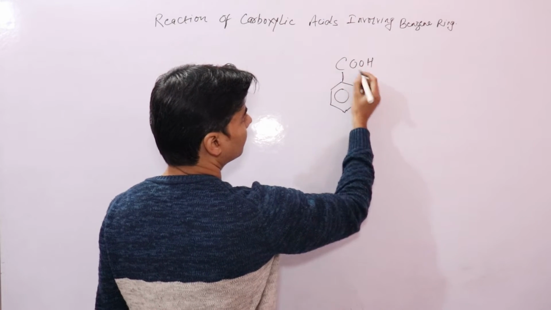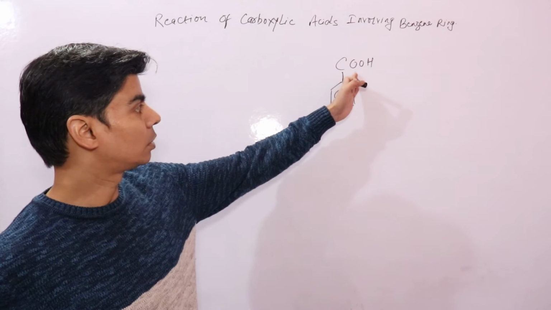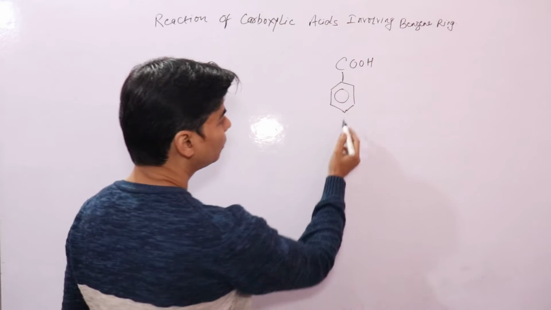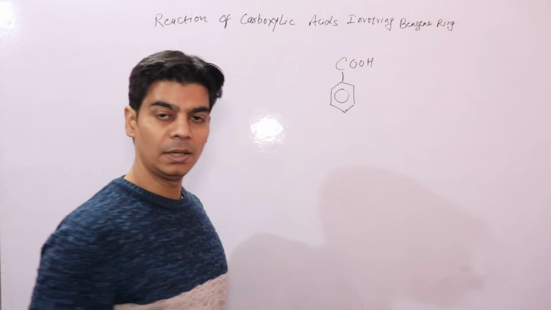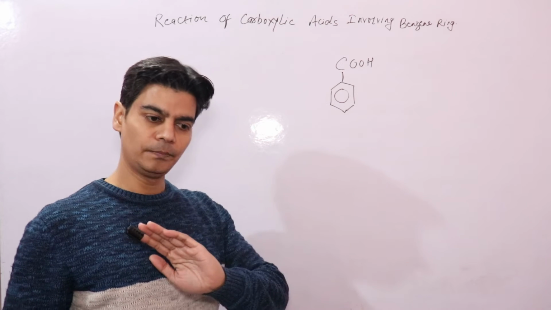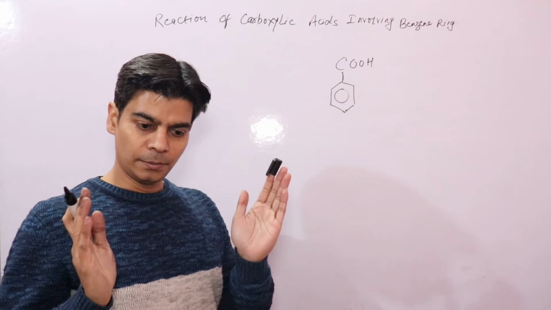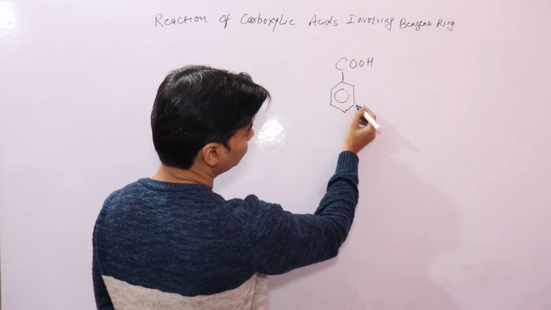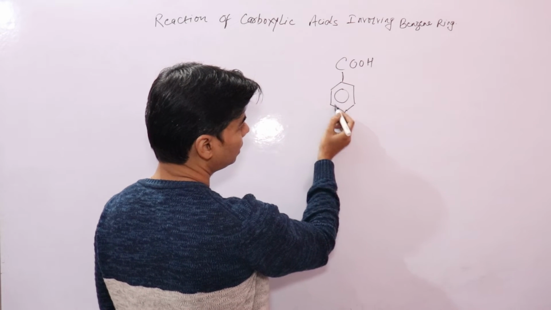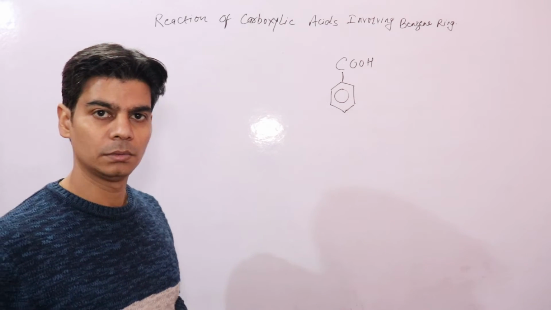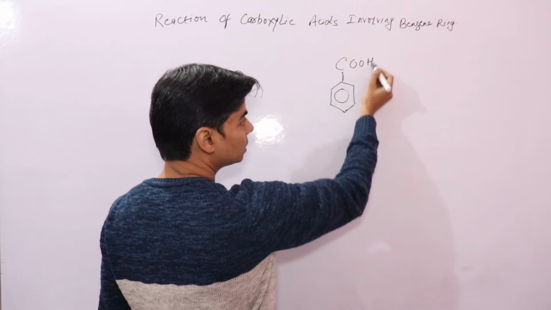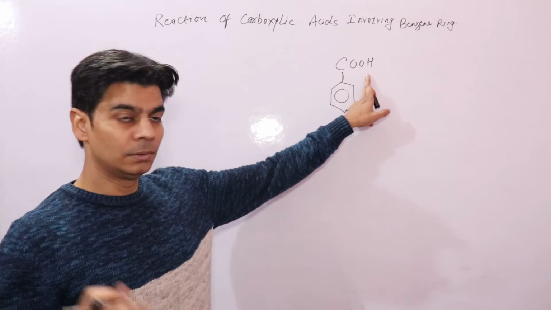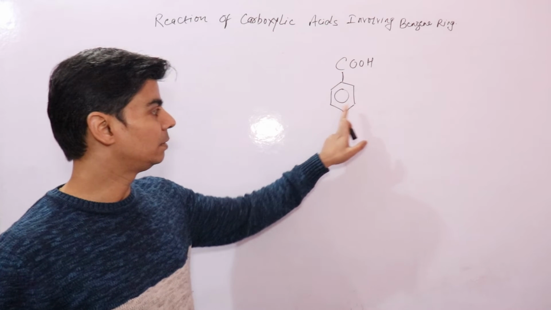This carboxylic group, or carboxyl group, is an electron withdrawing group, right? So it will withdraw electrons from the benzene ring, making it electron deficient. And we know that electron withdrawing groups are meta-directing. When we say meta-directing, it means substitution will take place at the meta position, right? So your carboxyl group is an electron withdrawing group and will direct the incoming electrophile to the meta position,